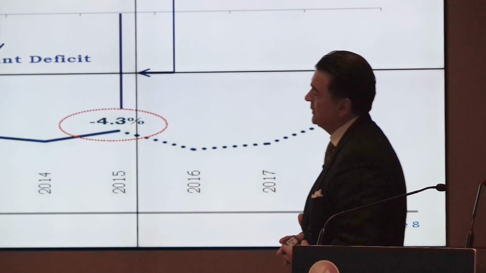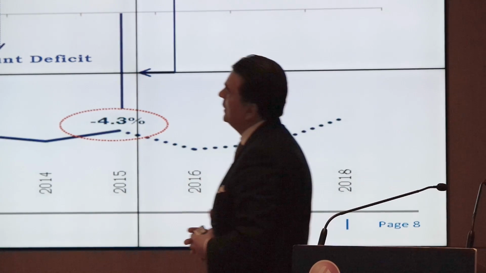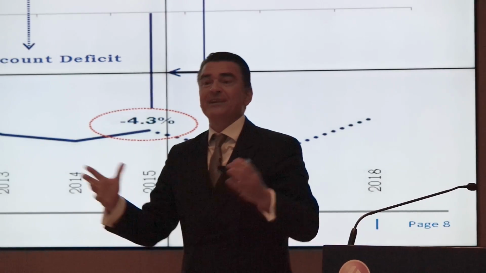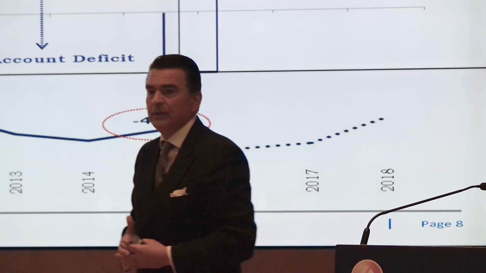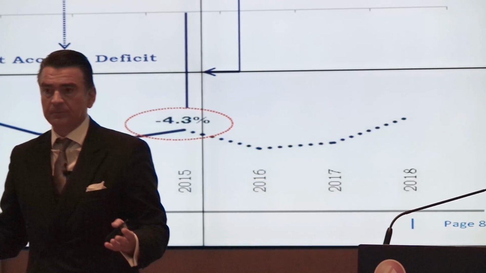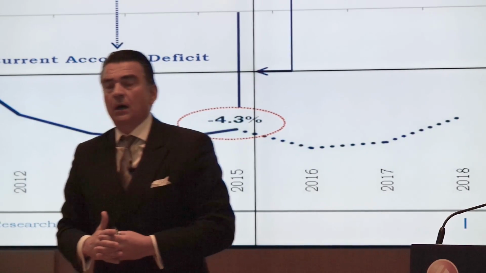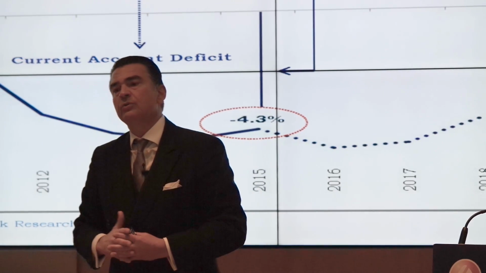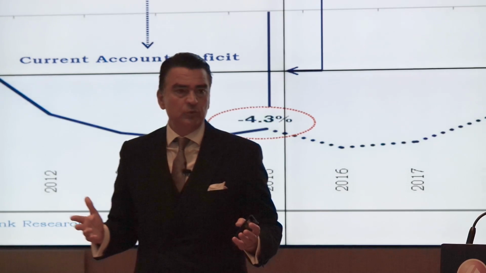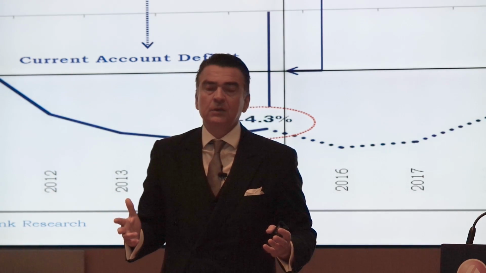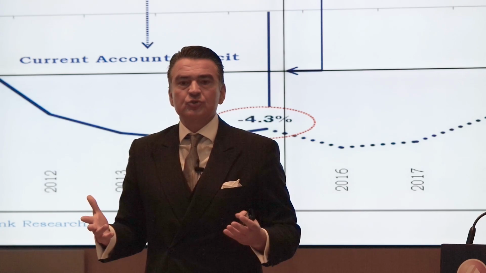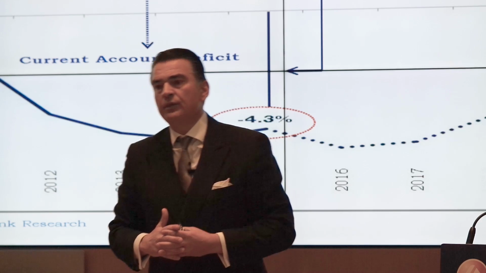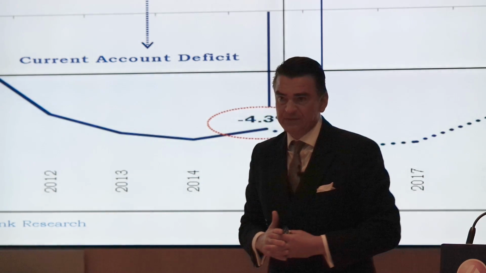A first channel of transmission of the Brexit impact is the trade balance. It's external trade. And the European Union is a very important trading partner for the UK. Total UK exports to the rest of the European Union account for around 13% of UK GDP, whereas exports from the rest of the European Union to the UK account for around 3% of EU 27 GDP.